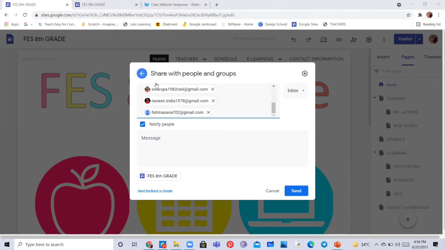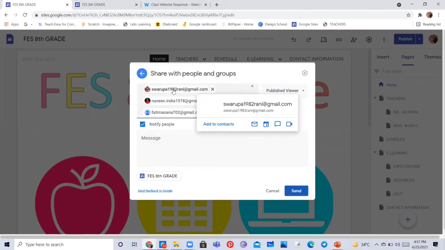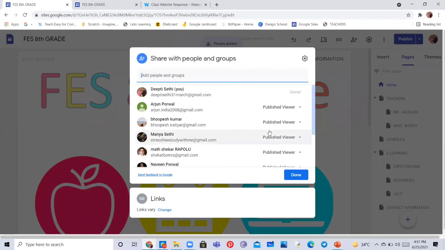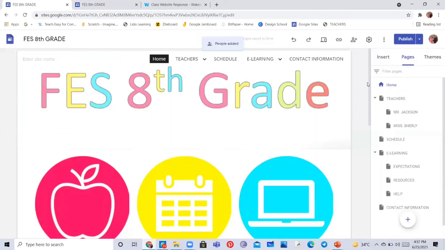Can you please share an email ID ending with @gmail.com, because I think on Google Sites only Gmail works. Okay, I'll send. Okay, ma'am. I'll be choosing viewer rather than editor so that you won't be able to edit the site. You'll be getting an email on the email IDs which you shared. You can go on it and open it here. If anyone is here, please tell me. Okay, Beena ma'am's email ID I got. I'm going to add her.